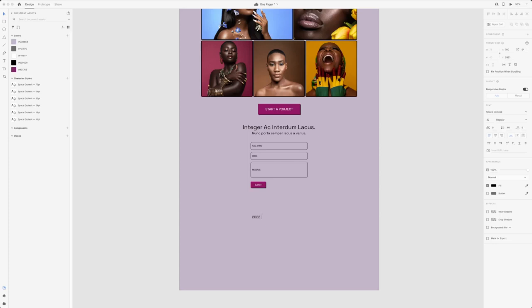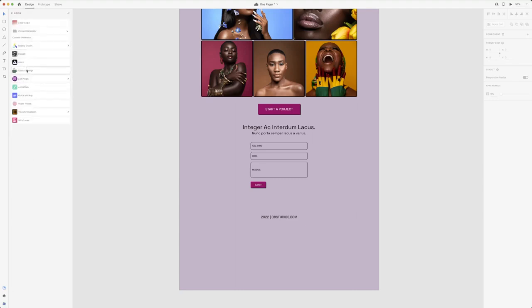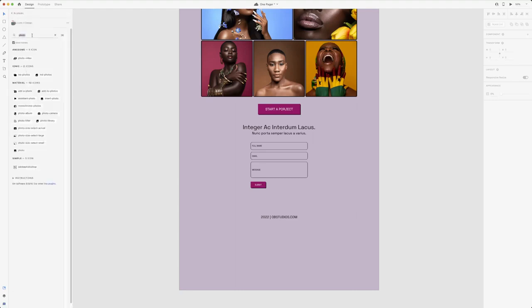Then you can just have one like this and say Adobe Studios.com. All right, make this center like that. And then let's have some social icons. Let's look for icons like that. Let's look for